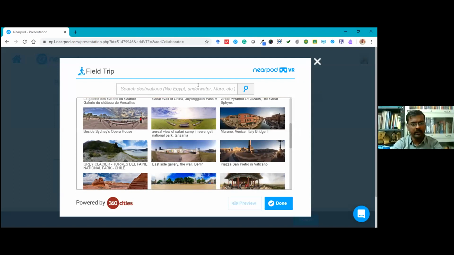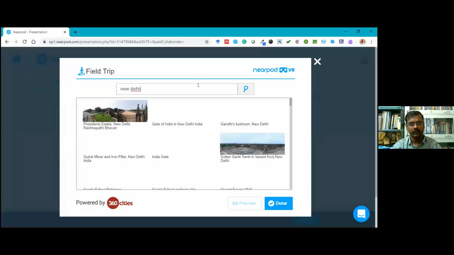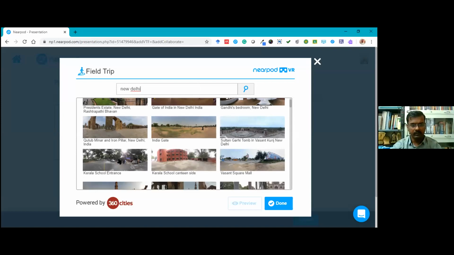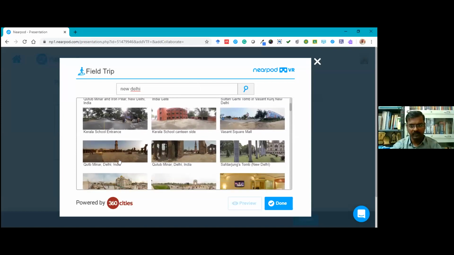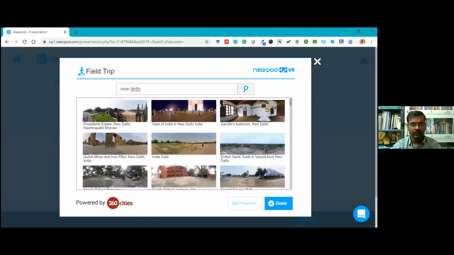Let me search for a place in India. I'm just searching New Delhi. Okay. So I've got some 360-degree images of the places in New Delhi. When I search for New Delhi, places from other parts of India have also come here. Okay. I'll just choose the India Gate in New Delhi,